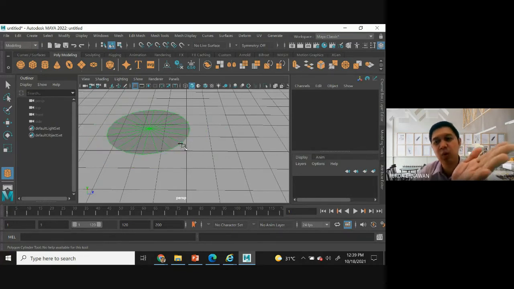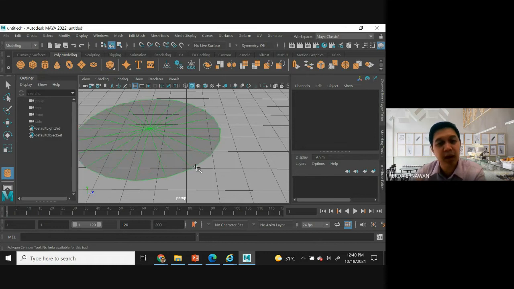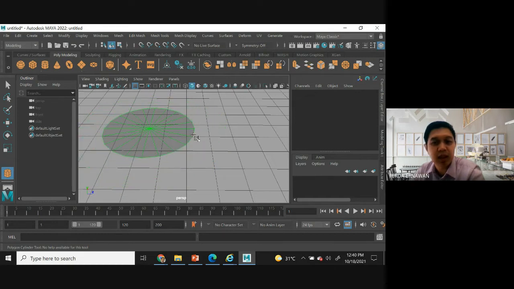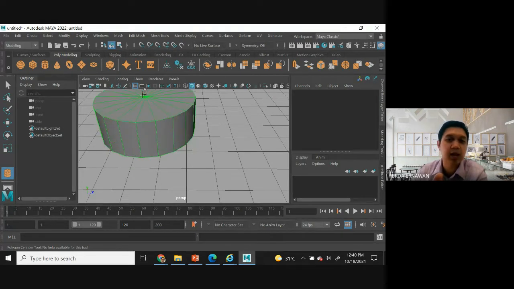You don't need to go to the checkbox, channel box or layer editor, but you can interactively define by yourself how big the radius is that you want for the cylinder. After that, drag up to set the height. Then you can have something like this.